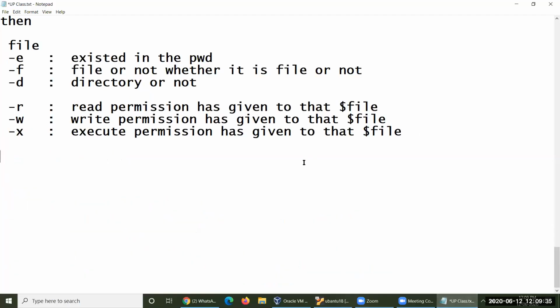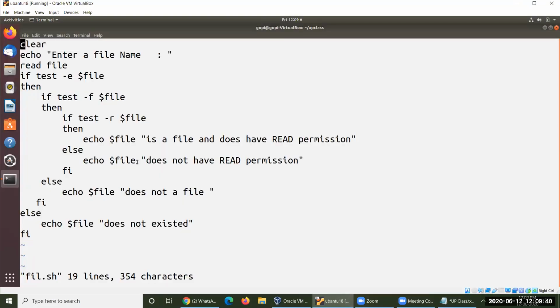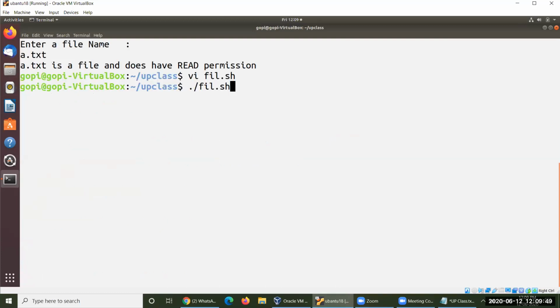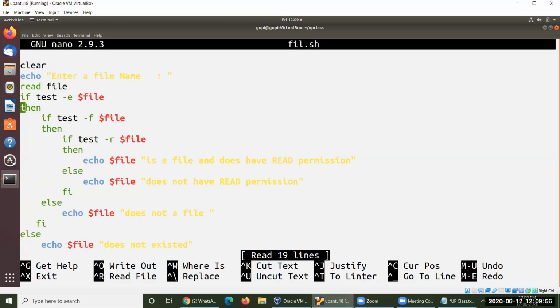Let me go ahead with while loop. Before going to take this while loop, let me do one thing here. You are writing your if condition here. Let me open this one by using nano, because it is very easy to navigate with nano. So here you are always trying to write your statement if followed by some condition, next line then. So it seems somewhat awkward for us.